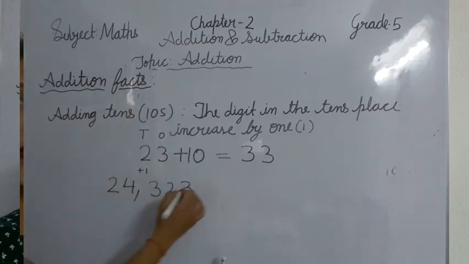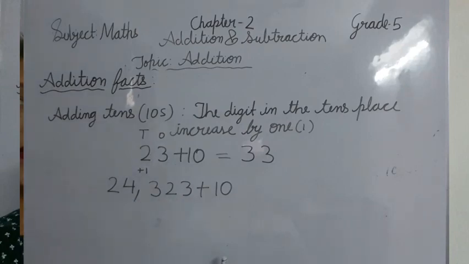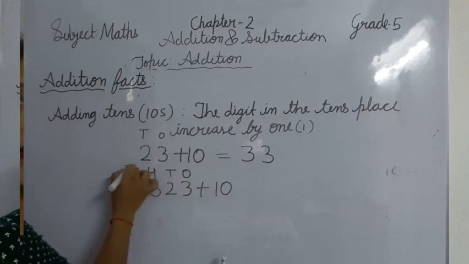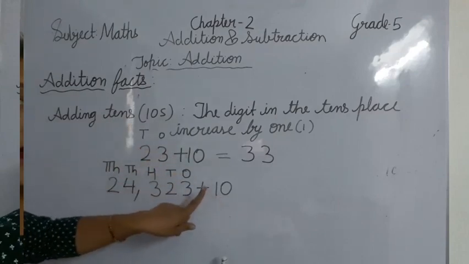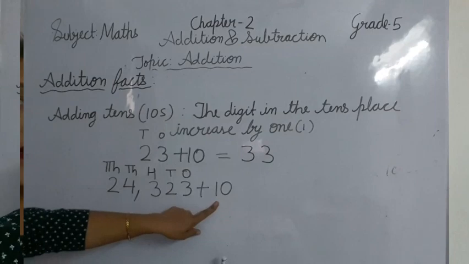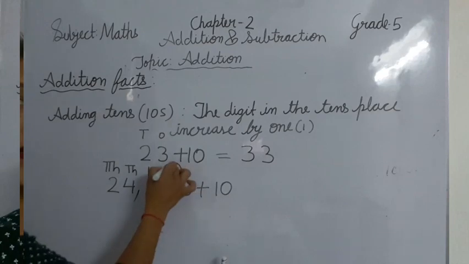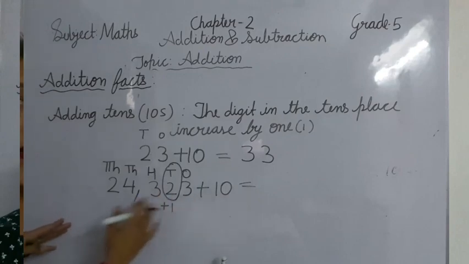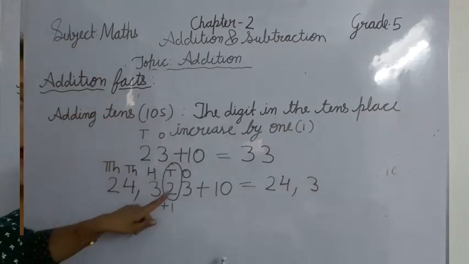24,323. Okay, now we have to add 10 here. So now you no need to do calculation with paper pencil, no need to use a calculator. Easily you can do it. What you will do here? What is the ones place, tens place, 100 place, 1000 place and 10,000 place. So I am saying when you add tens to any number, you just increase the tens place by 1. What is the tens place? In tens place we have 2 here, so we have to increase by 1 only. So what will be the answer? The rest digits will be the same. 24,300. Now here we'll get the 3.